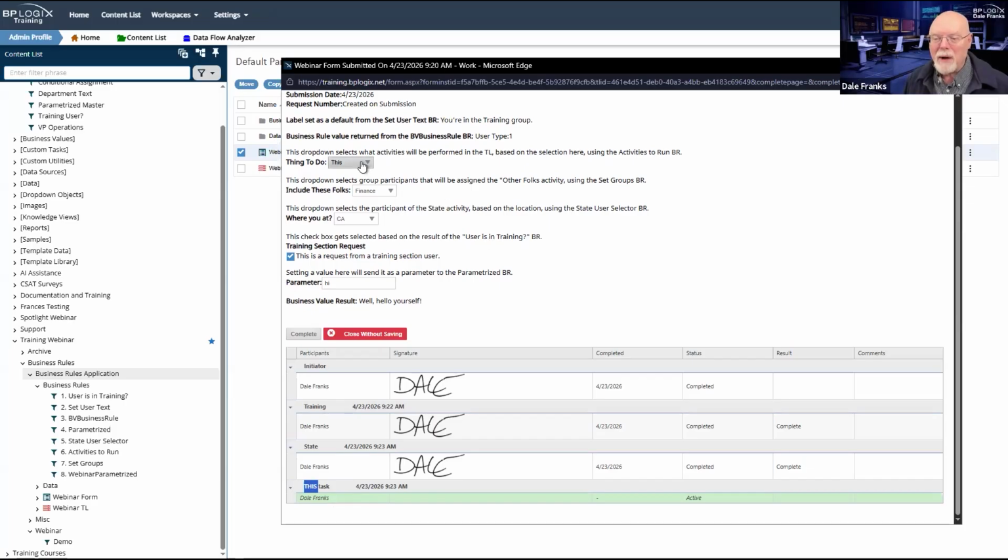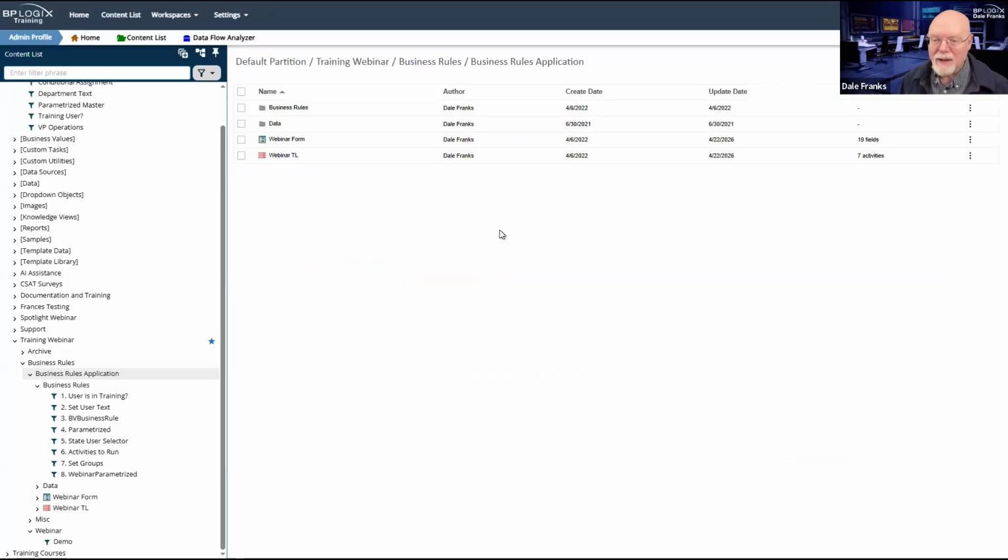I'll complete this again, and now I'm in a task that is called this task. And remember, up here, I had the choice of this, that, and all the things. I selected this, and so now this task is running. Now, there is another task called that task. Will it run? Let's complete this task. No, it will not run.